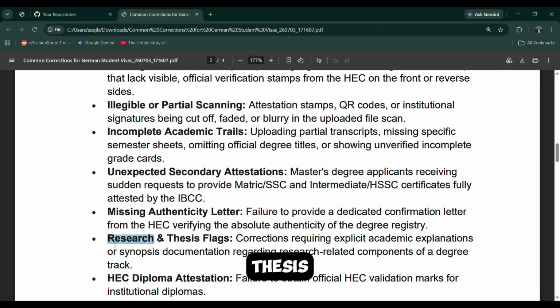So research and thesis flags. You can expect corrections if you upload a thesis which deviates from your program. For example, if you're applying for the master's in AI, but you are uploading research from a different subject. So here you can get a correction, or maybe you can even get a rejection based on this document. Because